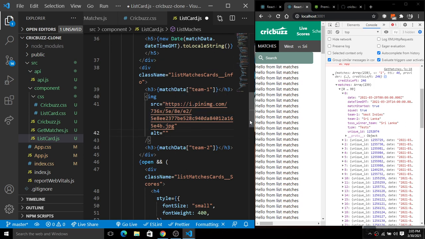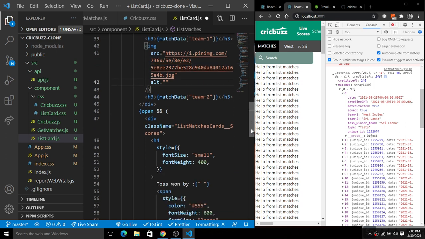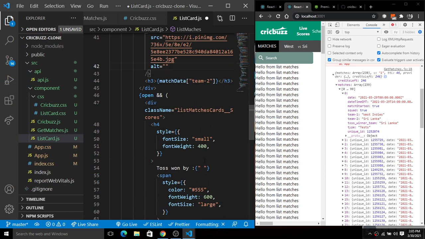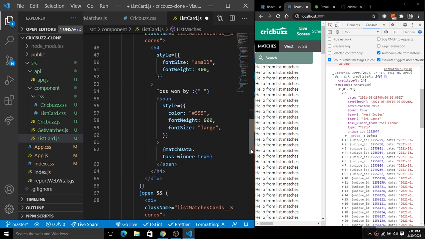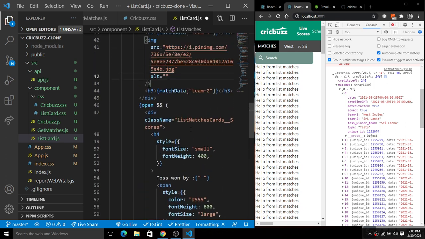Next, we will see if the match is started, right? If the match is started, then we will show the toss won by. Toss won by will be shown only when the match is started, right? So we have simply given a check if open is true.